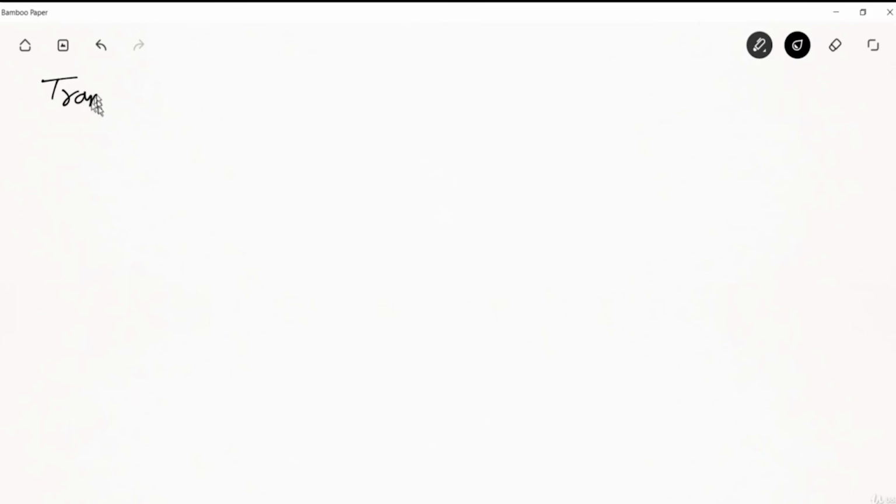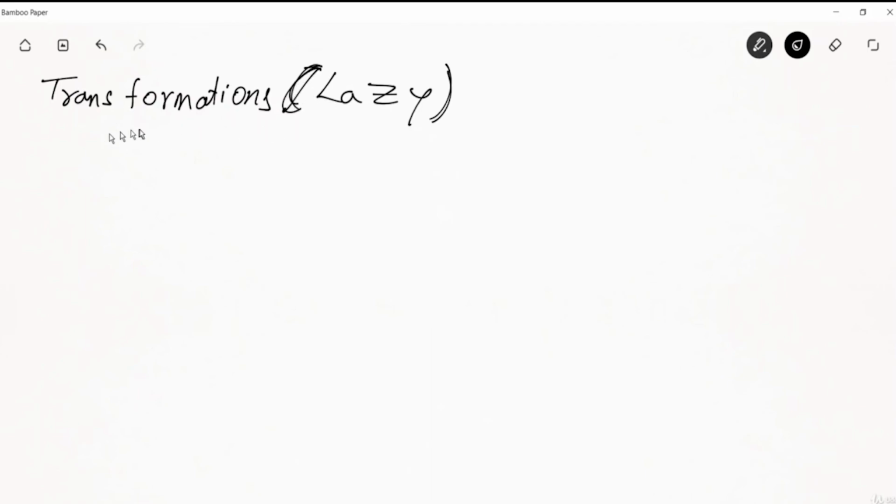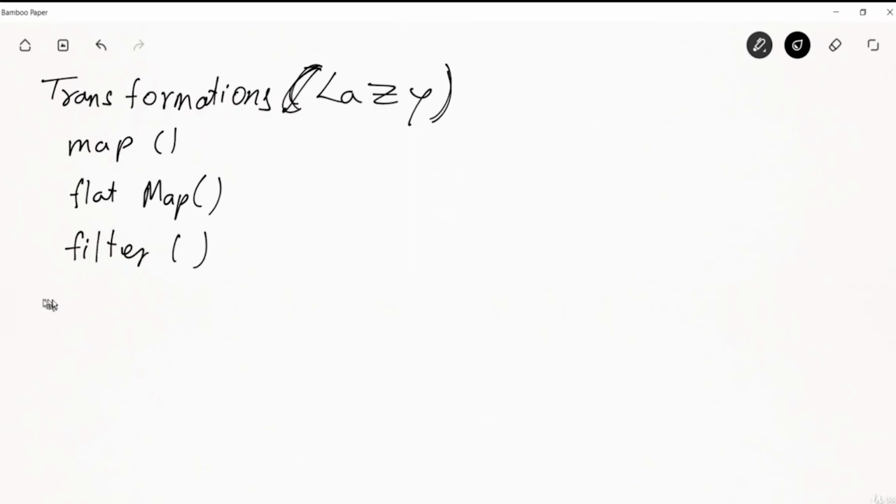So, going to transformations. Transformations, these are lazy. There are different transformation functions like map, flat map. Each of these things we'll be seeing in practical, so there's no meaning in explaining everything now. Just giving you examples of a few of the commonly used functions: filter, map partitions,